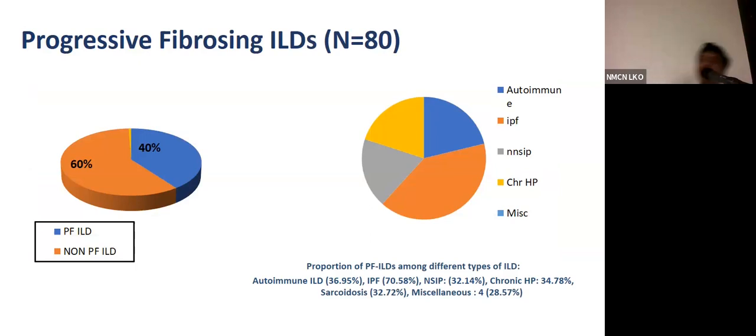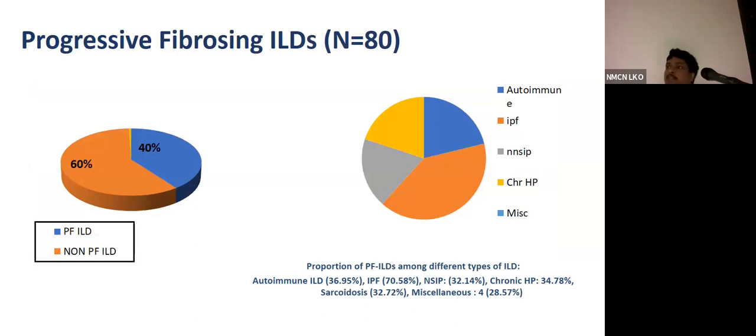Now coming to classification of PF-ILD patients in our study. In our study, there were 80 patients with PF-ILD, that is around 40%, and 60% were non-PF-ILD. Regarding the proportion of PF-ILD in different subtypes, around 37% of cases of autoimmune ILD were PF-ILD,